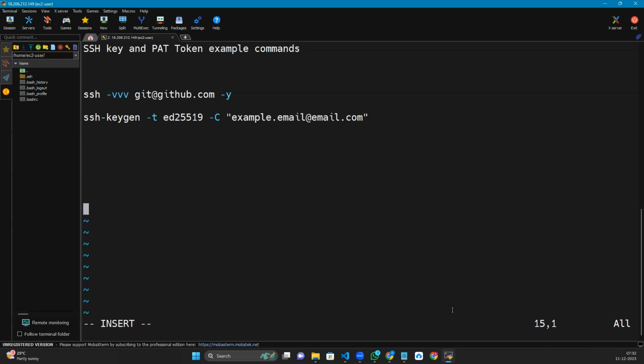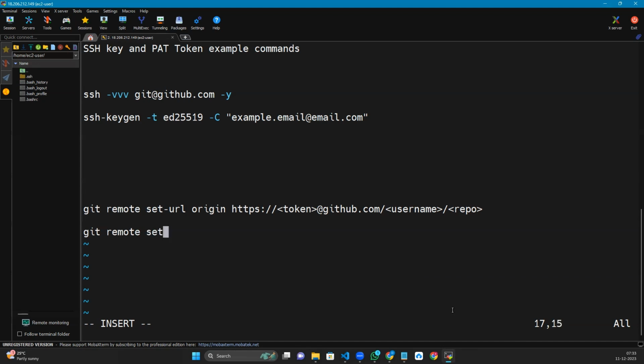So the command is git remote set-url origin https://token@github.com/your username/ followed by the repo. So in our case, it is set-url